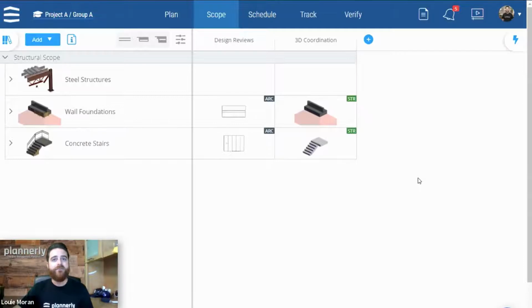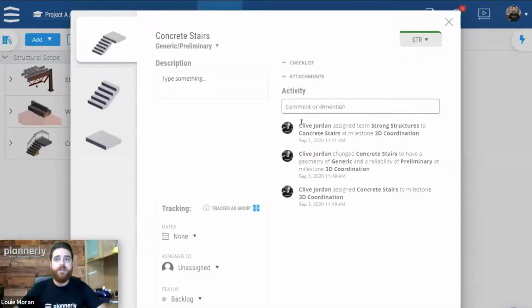Now, is there any information that we could add to this? Sometimes we have to specify that there's certain tasks or certain descriptions, notes, things that we can include. So inside of each assignment, we can actually build attachments, checklist items, comments, or descriptions.